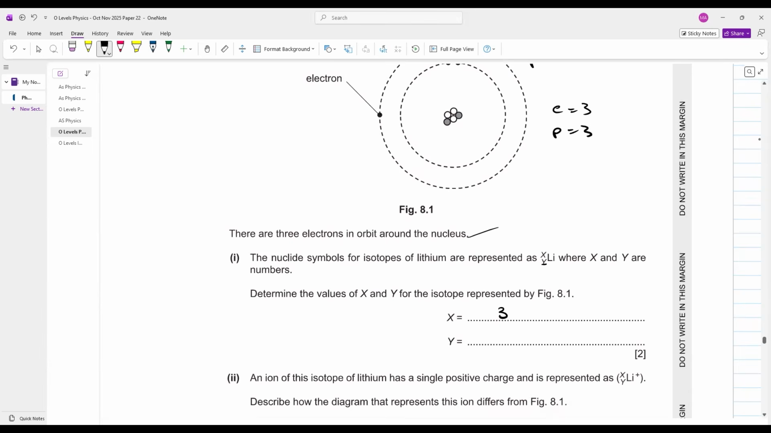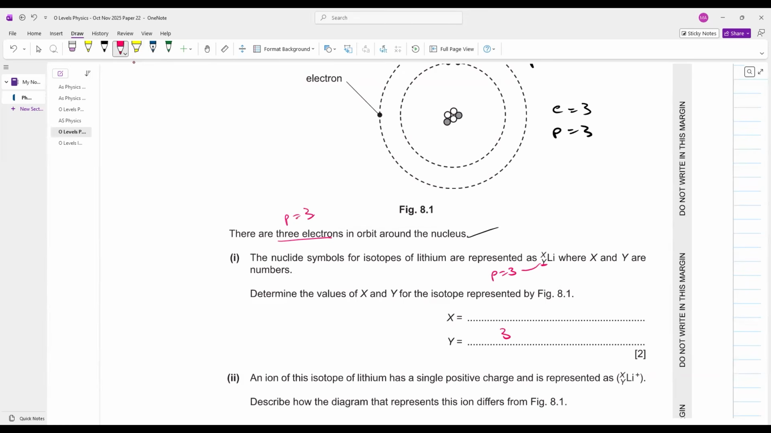वन सेकेंड। ओके, इफ यू रियलाइज y क्या है? प्रोटॉन नंबर। प्रोटॉन्स कितने बेटा आपके पास? 3। सर हाउ डू यू नो दैट? बिकॉज इट्स अ न्यूट्रल एटम, अगर 3 इलेक्ट्रॉन है तो प्रोटॉन भी 3 होंगे। y की वैल्यू 3 आ गई।